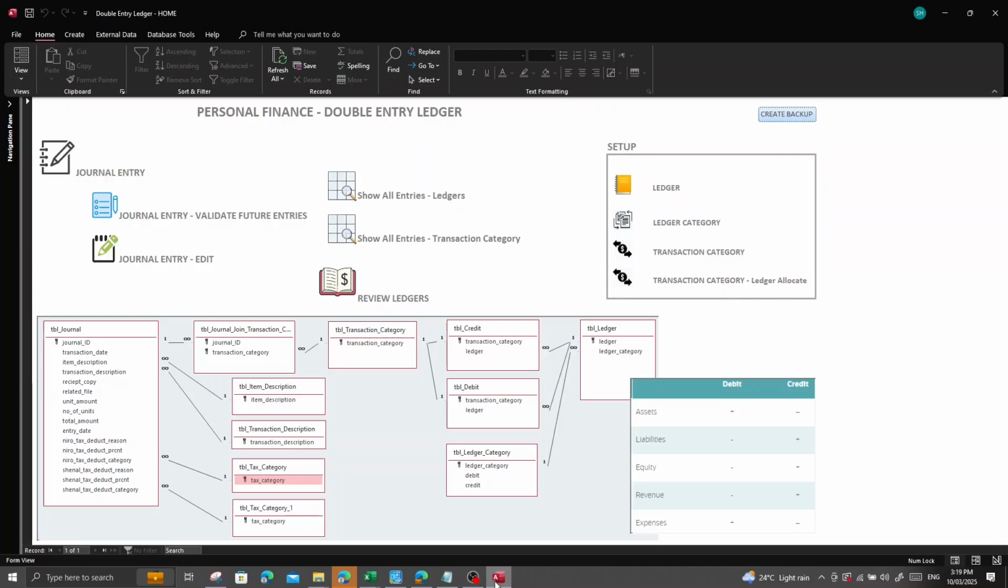In this video, what we will demonstrate is the personal finance double entry ledger that has been designed based on Microsoft Access. This is a double entry account keeping platform that has been designed for personal use,